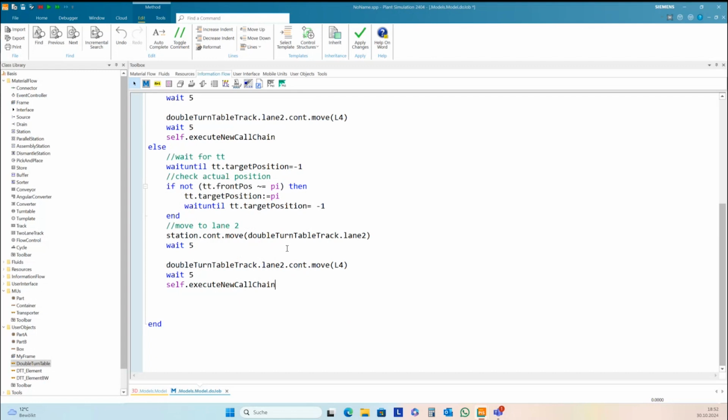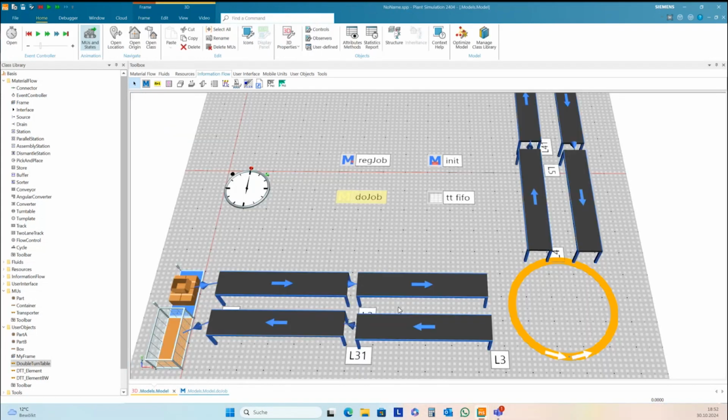We need to wait until the position is here, 2 times P. We need to check if we are already on 2 times P. And then we move the part to lane 1. And at the end, we go to L3.